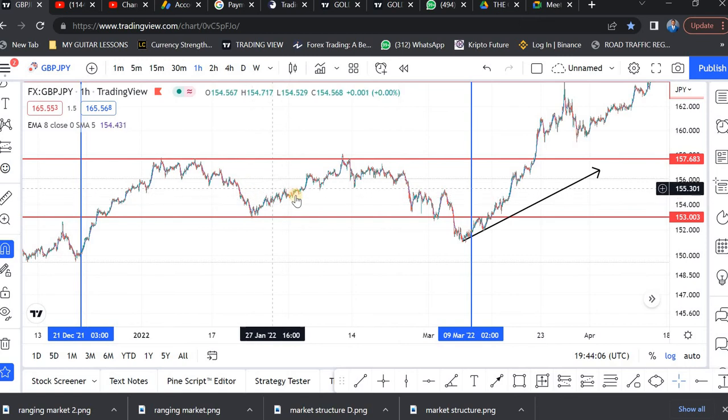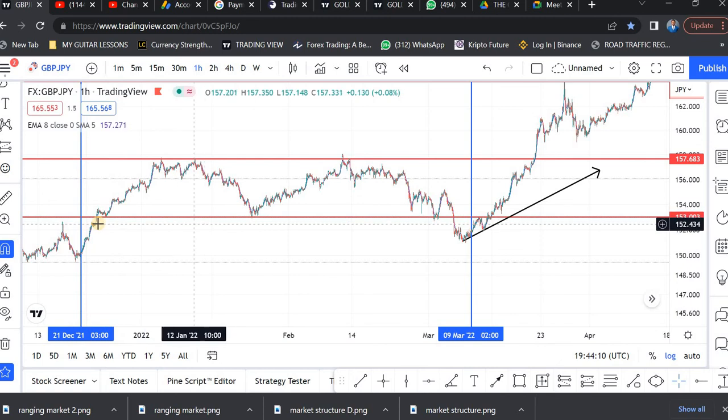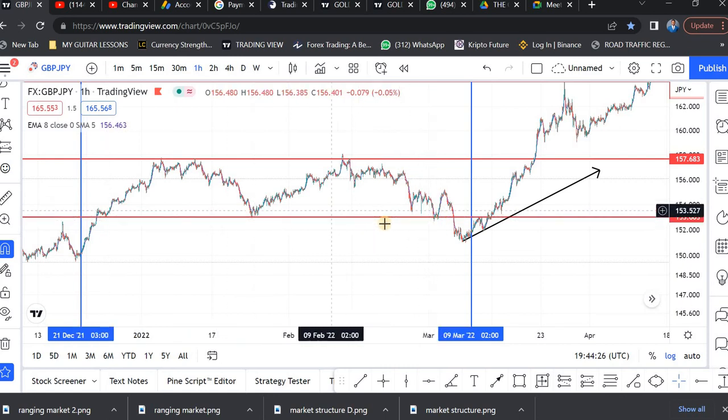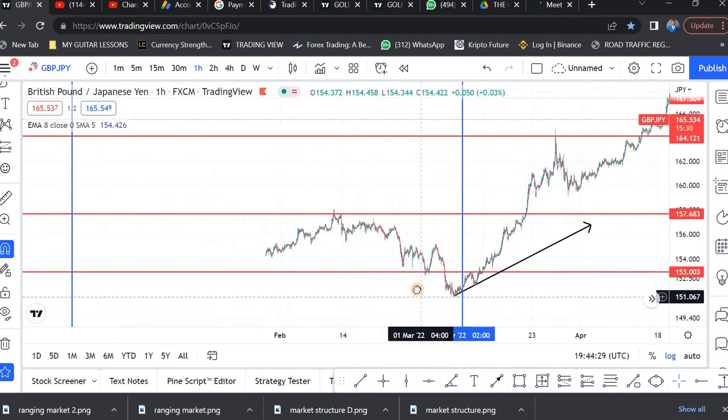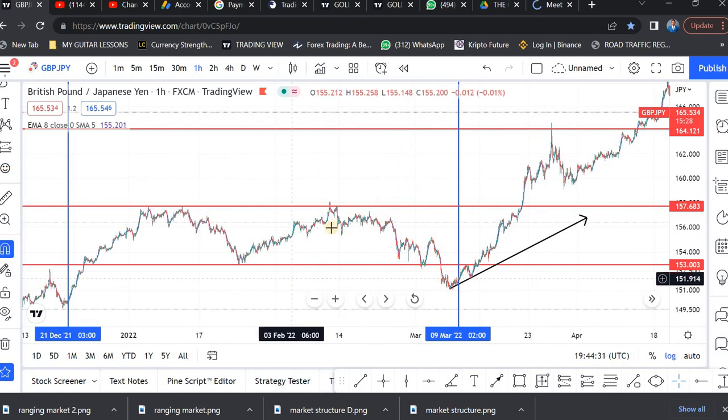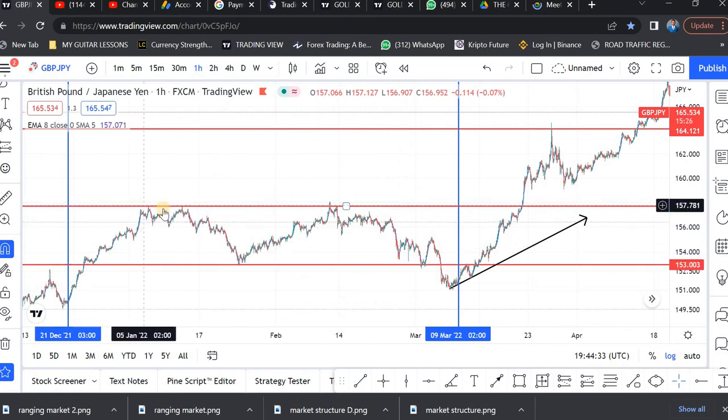And then I'm saying that in a range bound market, you have to make sure that the support line you draw below the price touches at least 2 points at the lowest level. You realize that the line is just below this price, and then below here, and then below here. So this is a perfect example of a support line. Then the resistance also touches about 4 parts of the